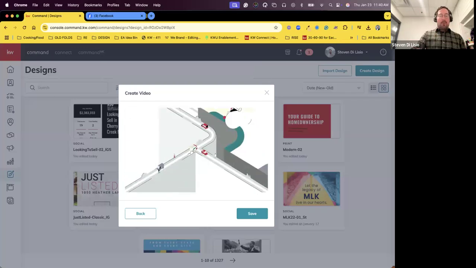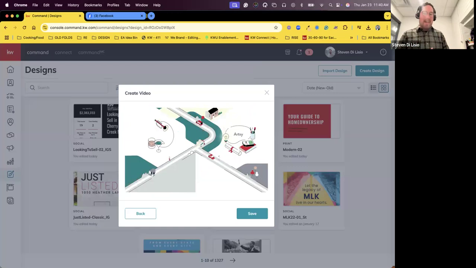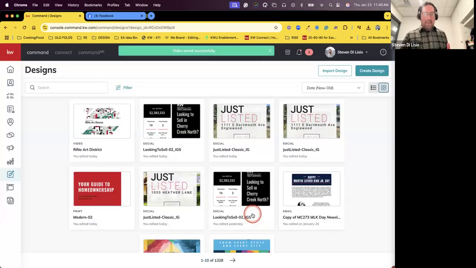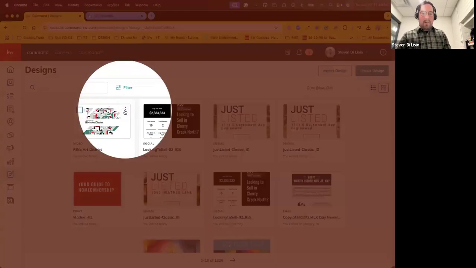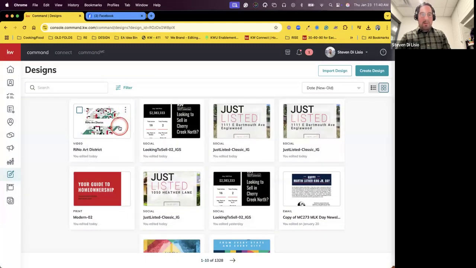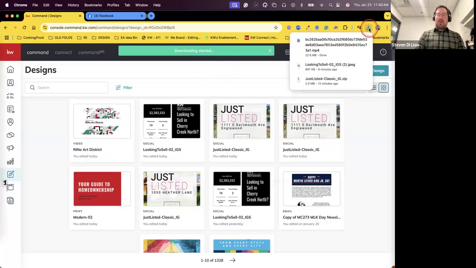And then it'll go through more of the stats, and just in the interest of time, I'm gonna end it here, but then all I have to do is just hit save. And then once I save it, I have it available here where to download it. You can do it right from this screen. You click on the 3 dots and then you click on download, and it's going to download to your computer